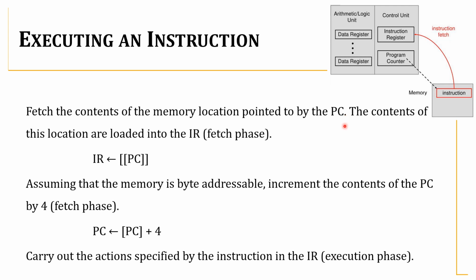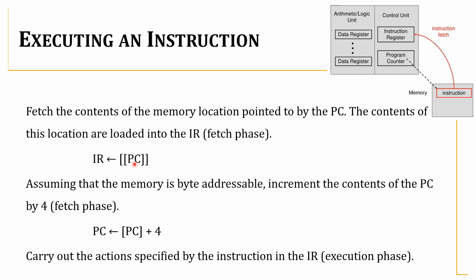So we are taking the contents of that memory location and the contents will be loaded into the instruction register. This instruction register consists of the instruction to be decoded. Okay. So PC holds the address of the next instruction. When we look into that address, we'll get the instruction to be executed. That instruction is loaded into this instruction register. This phase can be called the instruction fetch phase. The instruction which is there at the address specified by the PC is taken out and stored in the IR register.